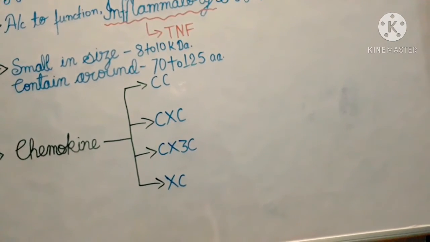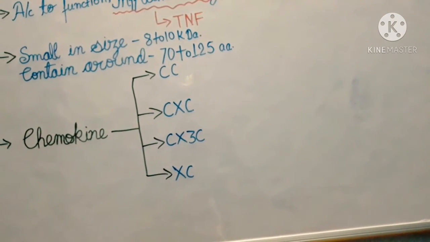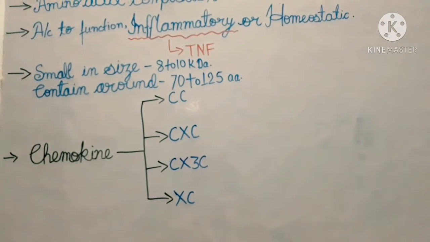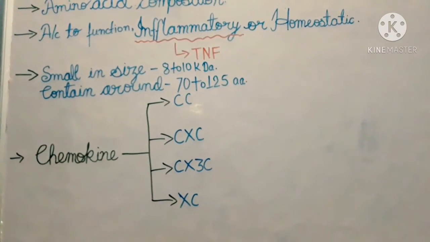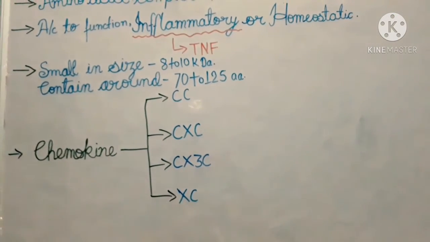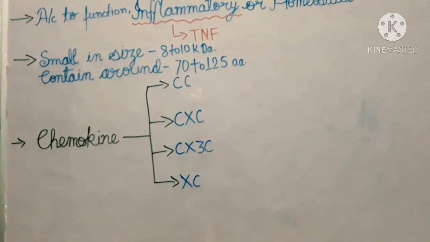Inflammatory cytokines are produced when inflamed tissue releases cytokines such as TNF, that means tumor necrosis factor. Cytokines are small in size, which is 8 to 10 kilodalton, and contain around 70 to 125 amino acid